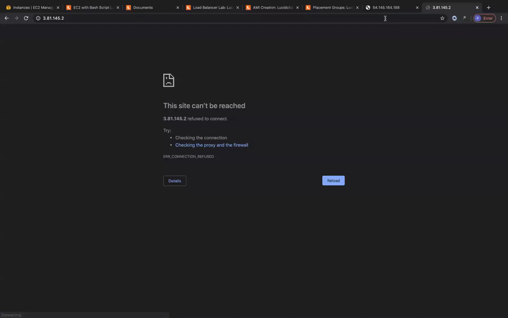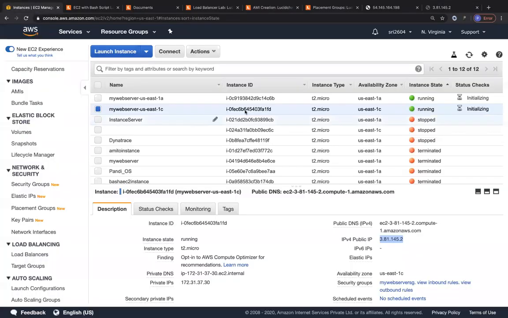We'll just wait for some time until this guy comes up. So we will also be able to see Hello World on this guy too. So AMIs are a very good way wherein you can enforce compliance and consistency across multiple EC2 instances. So let's just refresh this guy. So you can see we got Hello World on both our EC2 instances.